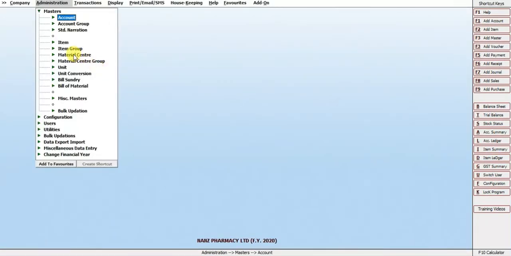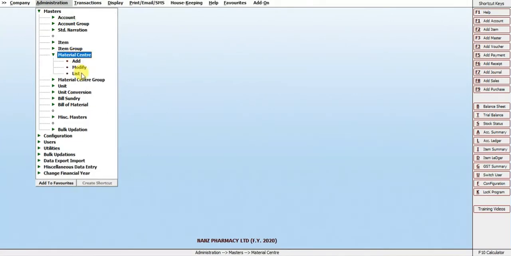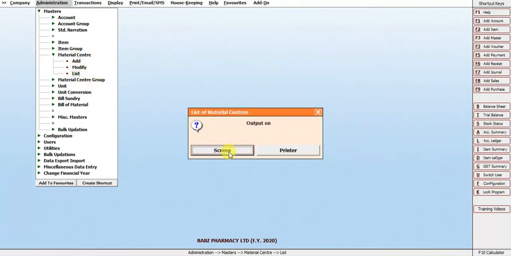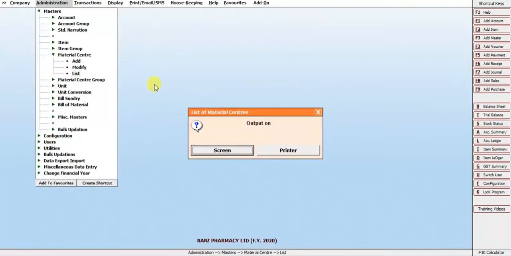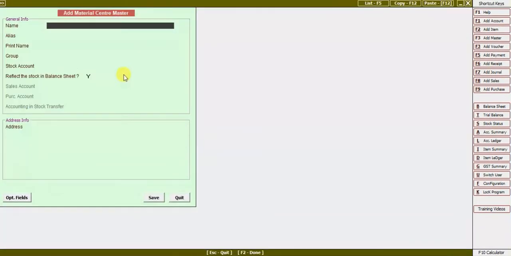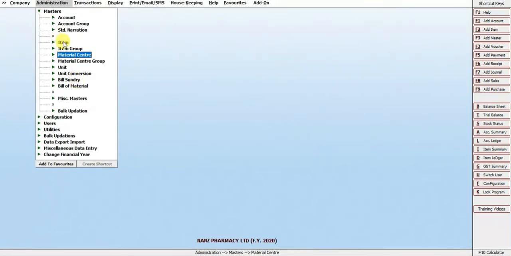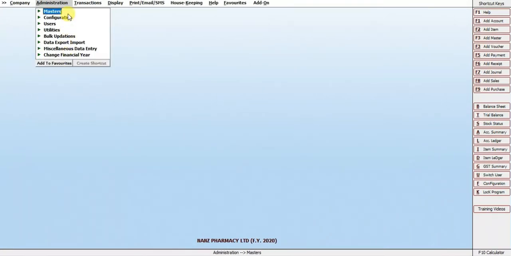Then material centers, this is where we are storing our items. So by default we have one store, which is the main store. Okay. So if you want to add new stores, you just go to add and you type the name of the store. After that you say save. I'm quitting. So once you have created the suppliers, the bank account, the cash account, the customer's account, and the items that you're going to be selling,